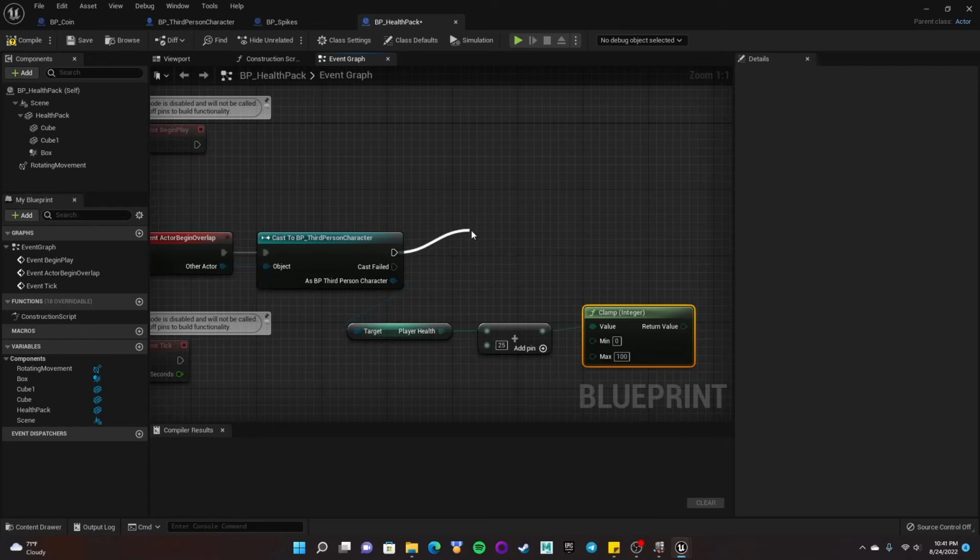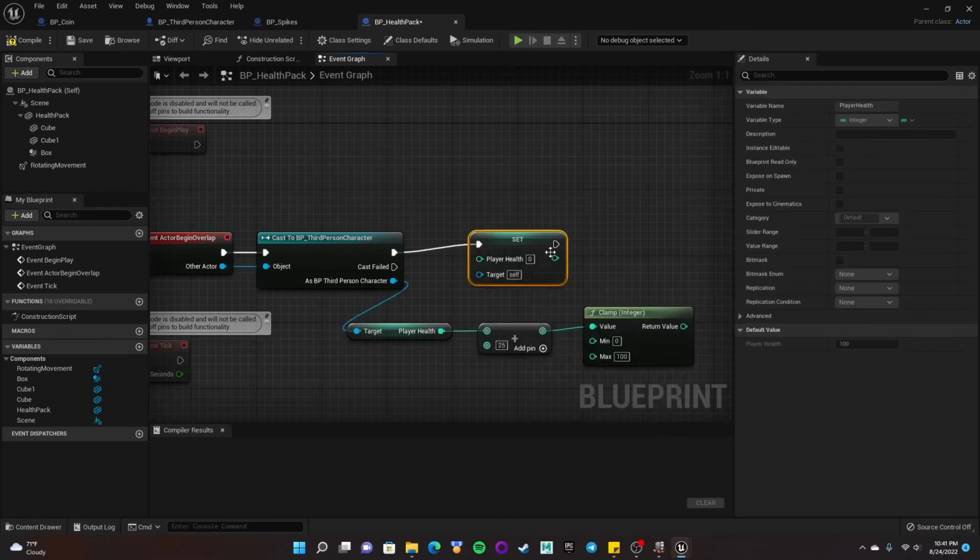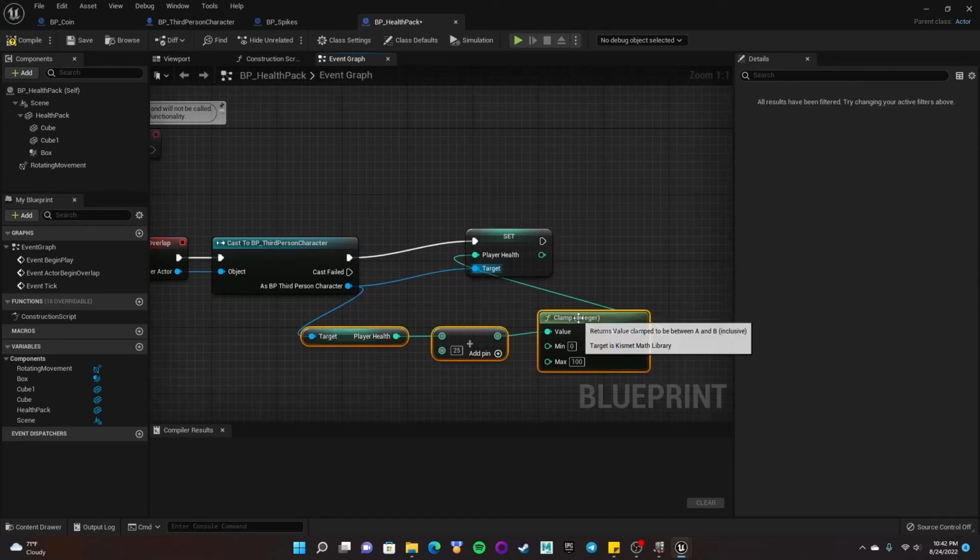Okay, and then I can drag out from here and say set player health, and then take the return value from the clamp and connect it here, and then do target connected to the third person character or whatever your character is right there, that blue circle. Okay, and then after the set,